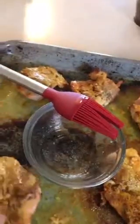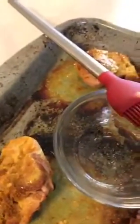Now, since I'm broiling and it's at a higher heat, the reason why I don't actually season them with the oils while they're cooking so high is that since essential oils are volatile oils, they would lose some of their effectiveness or their potency. So if you're not worried about that, I mean, they still have great flavor. But it loses its potency, and I like to also get the therapeutic benefits while I'm cooking with them. So now I'm done with all of that,